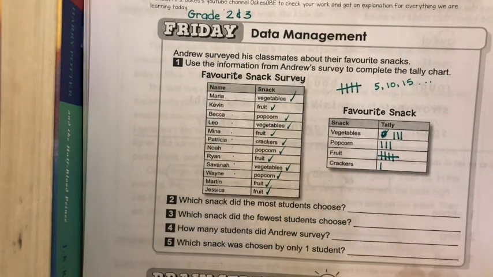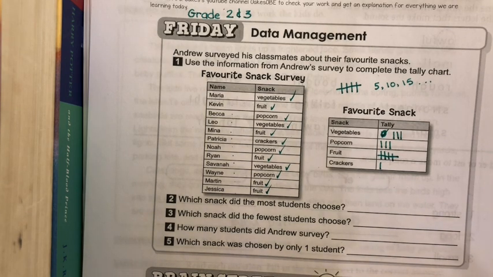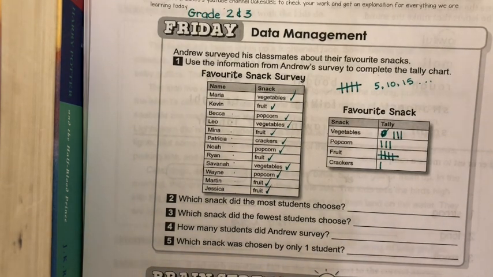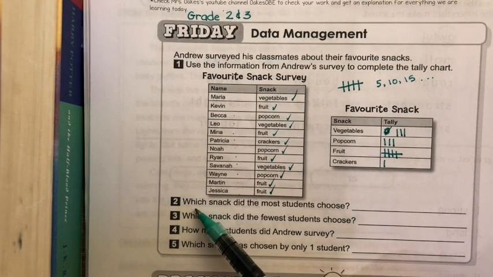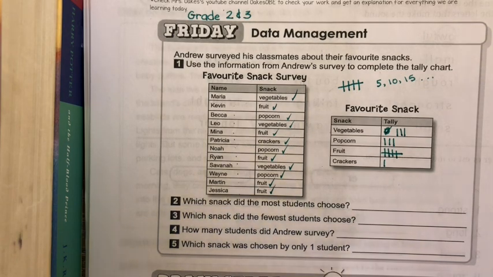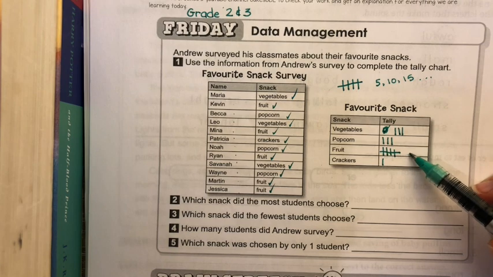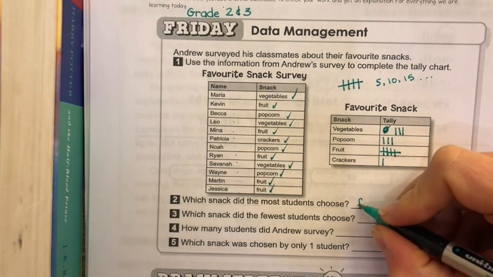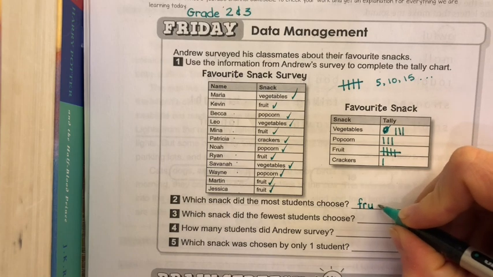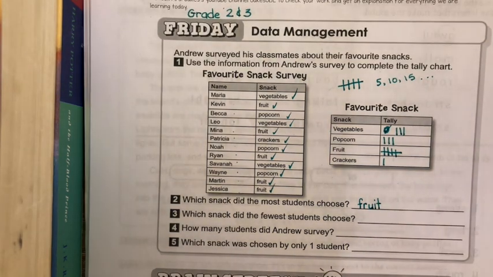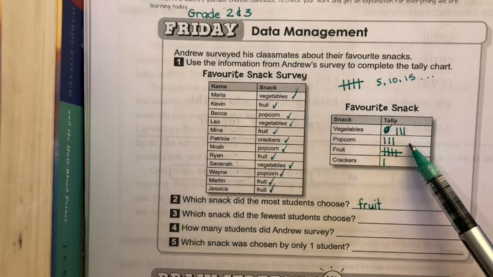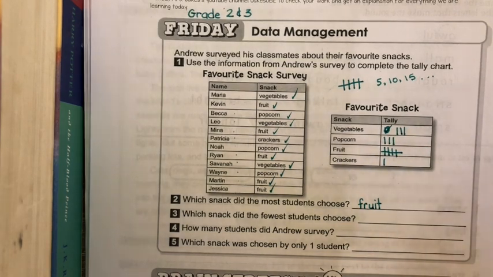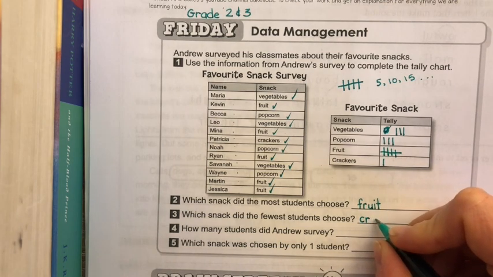And I can easily see now the data to answer the questions down here. So let's look at the questions and see what they're asking. Which snack did the most students choose? So we look at our tally chart. Oh, well, this is the only one that had 5. So fruit was the snack that most students chose. Fruit. Which snack did the fewest students choose? So now I have to say which one has the fewest votes. And that is not vegetables, not popcorn, not fruit, but crackers. Crackers. C-R-A